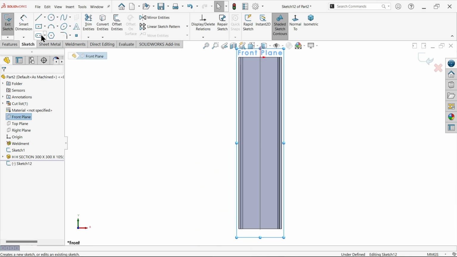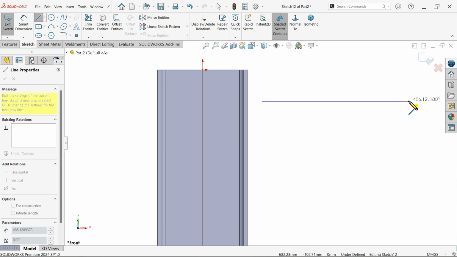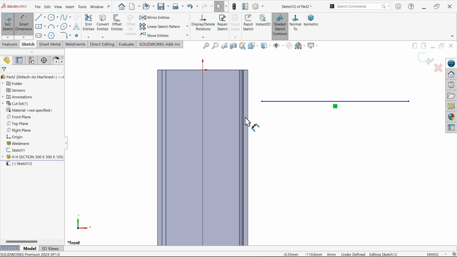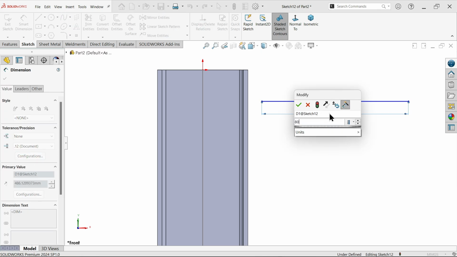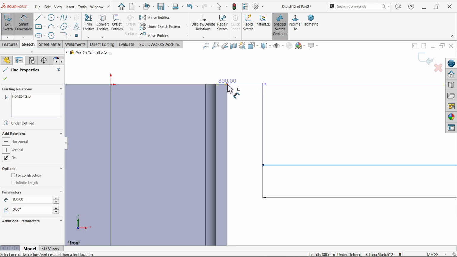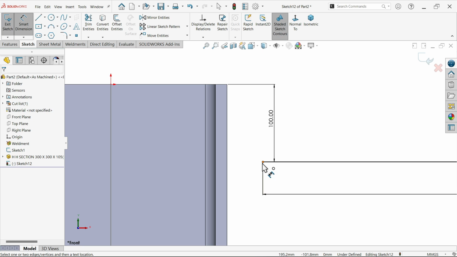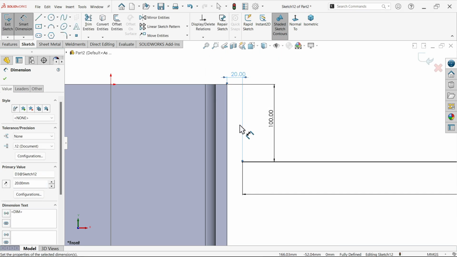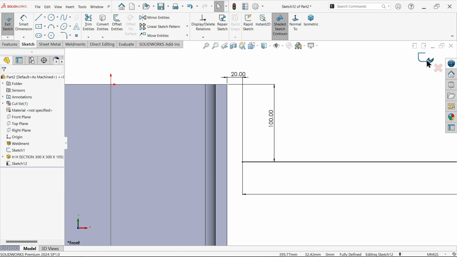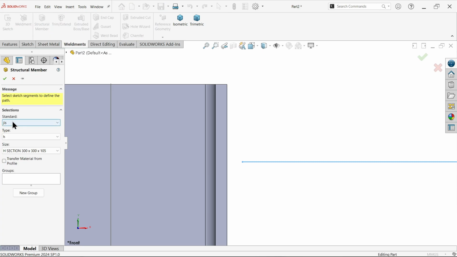Front plane, sketch line. Draw one line. Make sure these length, any length you can keep, 800. Now I am going to define some distance, 100. This is the gap for plate. Okay. Now exit and go to weldment and again activate structural member, and I am going to apply the same